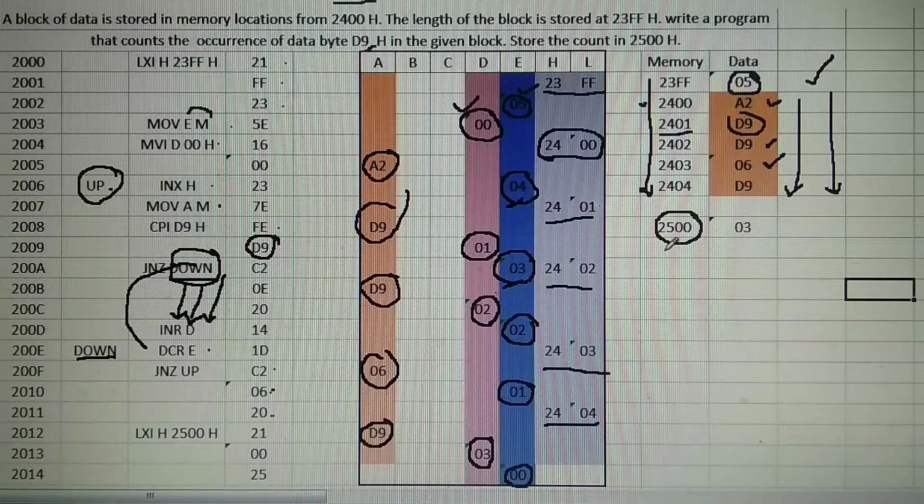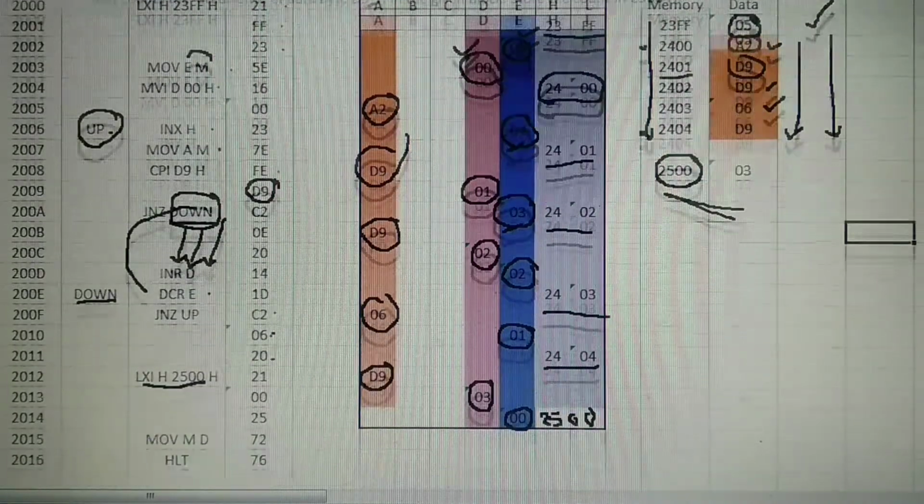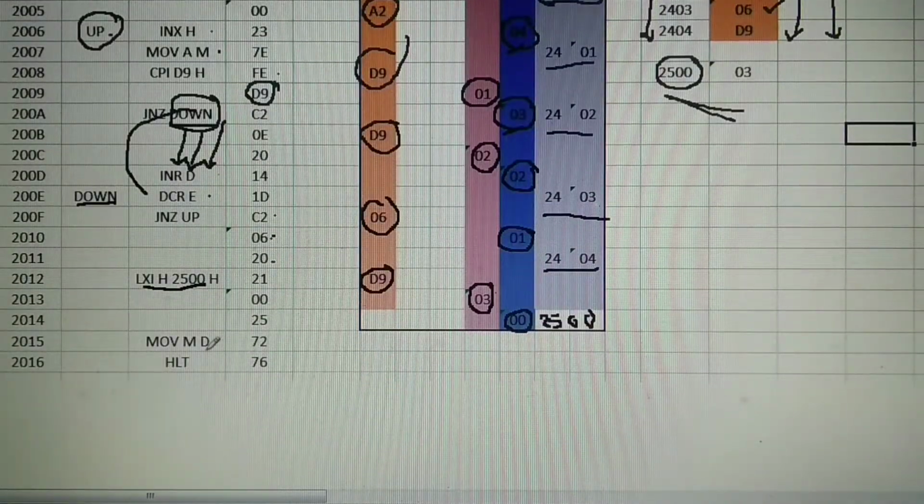But this count you have to store at 2500. Therefore, LXI H 2500. In the HL register pair, you will get the number 2500. Whatever value is present in D is to be transferred to M, the memory location, that means to 2500.